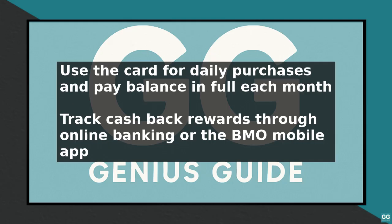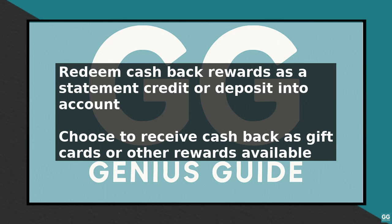To redeem your cashback rewards, you can do so through your online banking account or mobile app. You can choose to receive your cash back as a statement credit, which will be applied to your credit card balance, or you can have it deposited directly into your BMO savings or checking account. It is also possible to redeem your cash back for gift cards or other rewards, depending on the options available